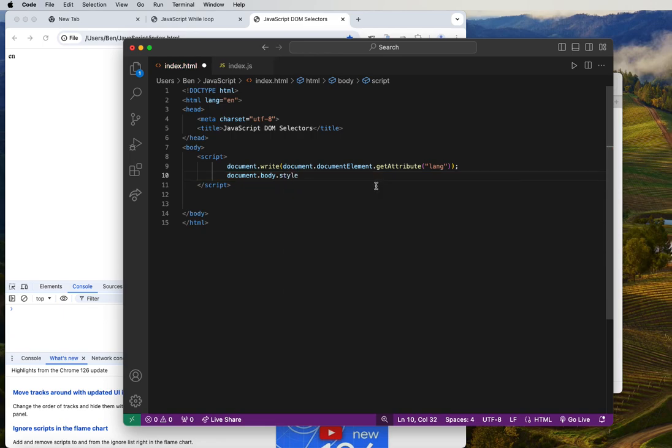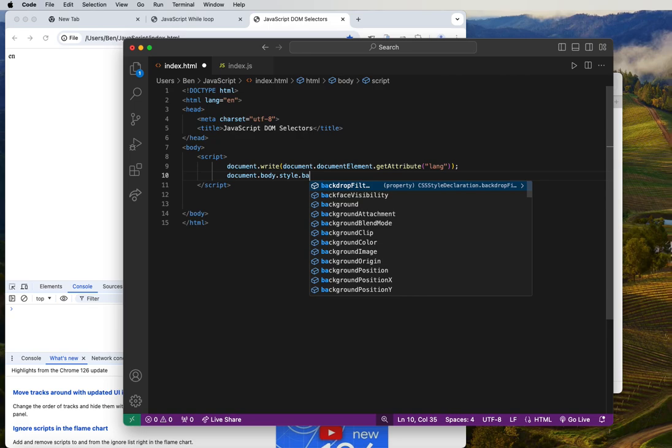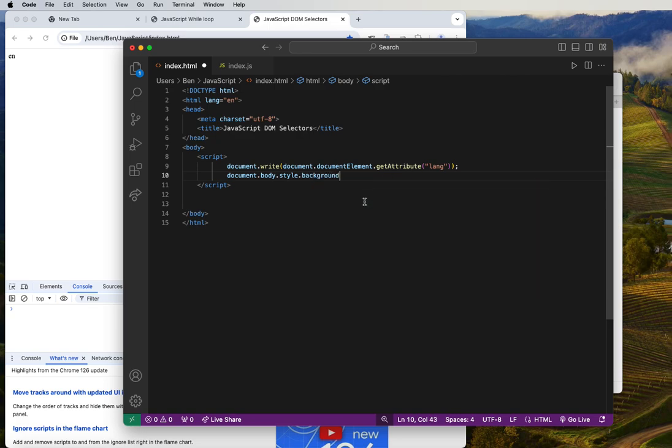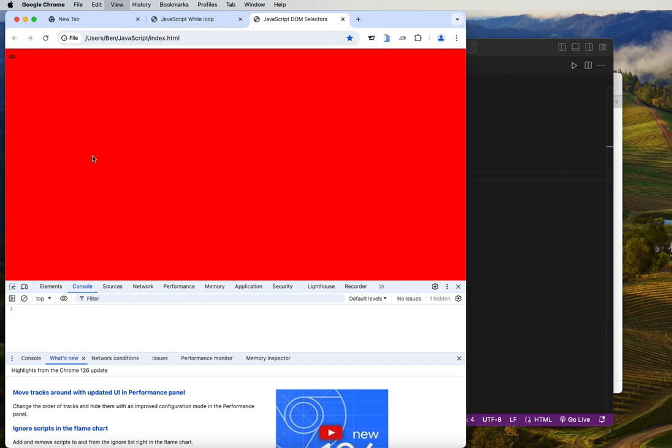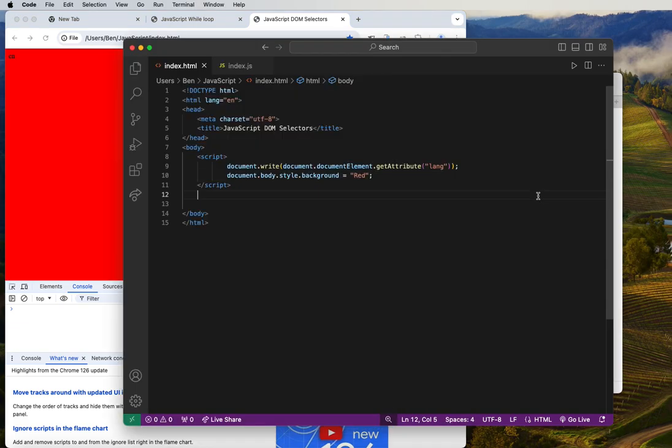Since we want to apply a background to it, then we'll call background. So we're trying to manipulate and add a color to the body. So this here, we can set the color to anything we want. So let me set this to red. So that means the entire body needs to change to red. So this is another way to manipulate the DOM by targeting the body and then adding a style of background